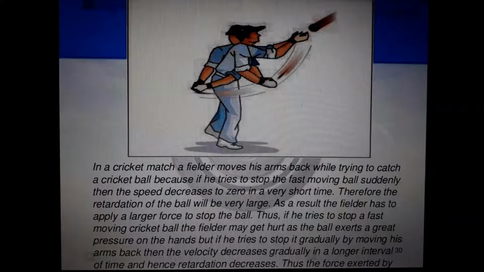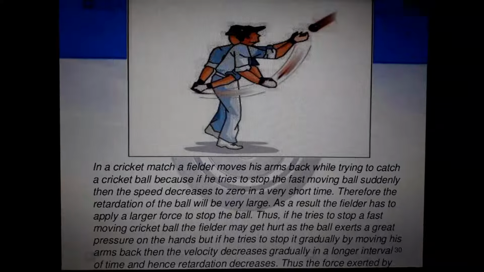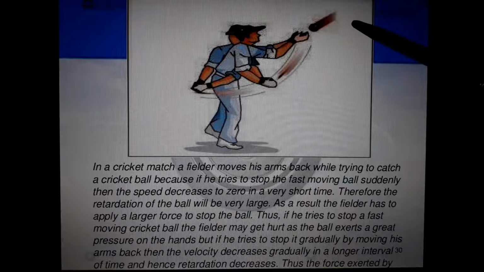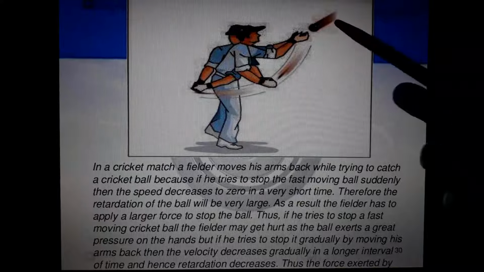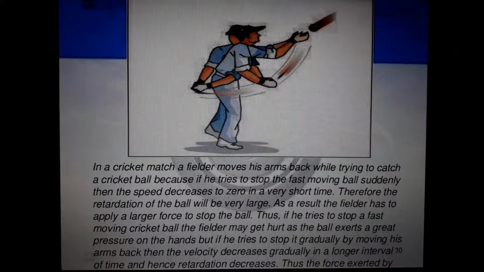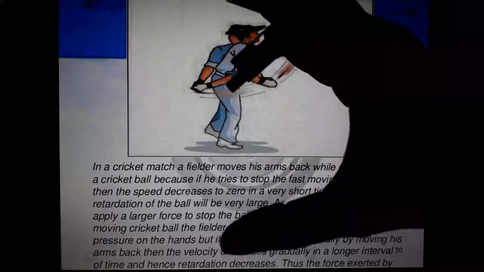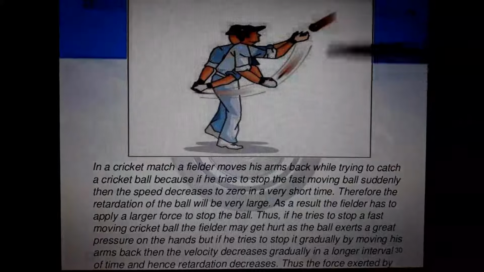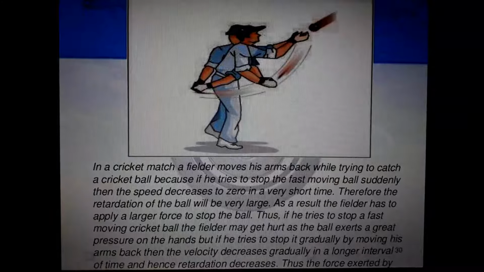If you put that equation, a is equal to v minus u by t, in F is equal to ma, then if t increases, F decreases. The force is too much when this ball is moving with high momentum, so the force is very large. If you increase the time to bring it to 0, then the force will be very, very less. Otherwise, if you simply hold your hand still, this is a stitched ball. It's very hard. You will break your hand. Understand? That's why they are increasing the time between initial velocity and final velocity.